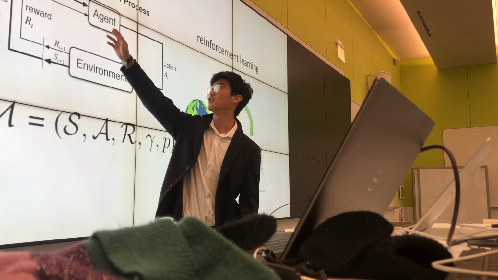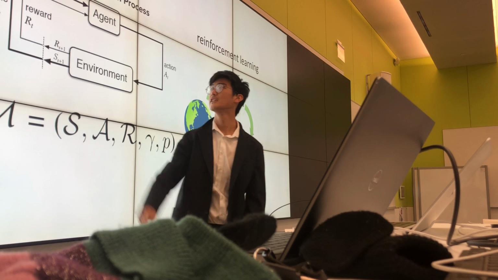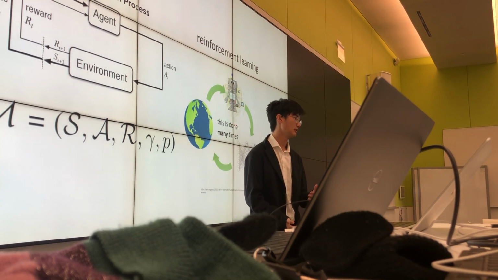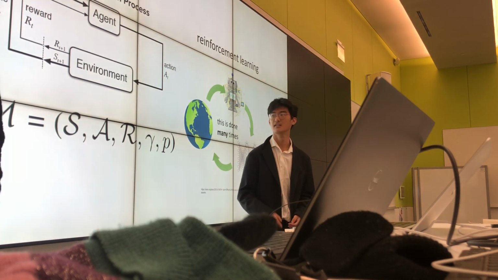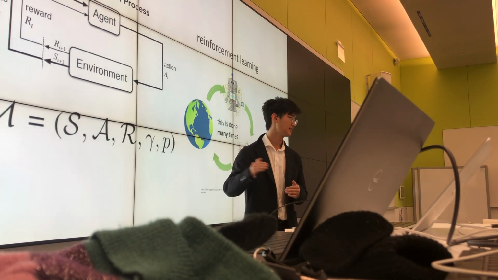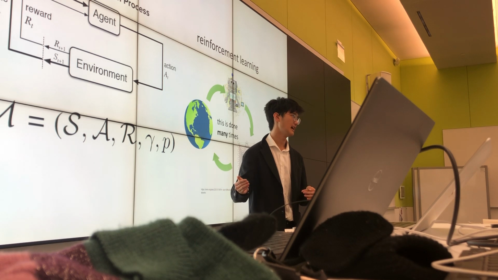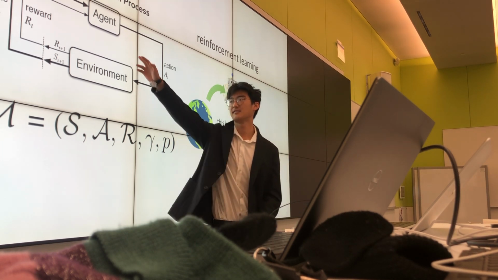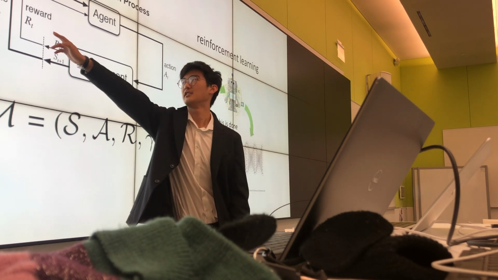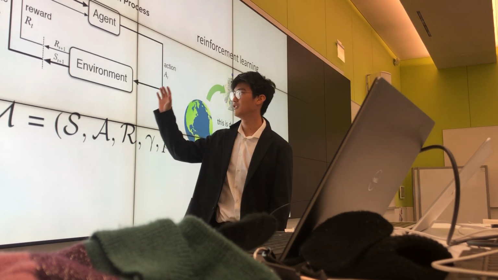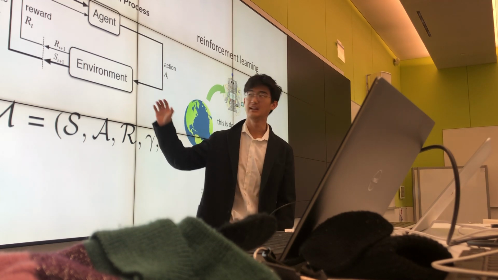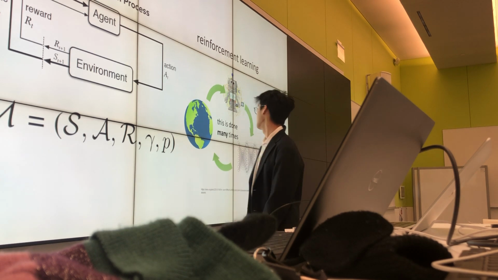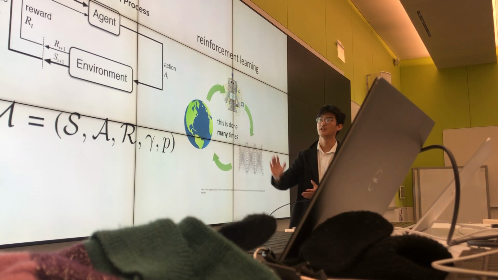And then the agent will go and take an action given that state. The goal for the agent is to try to maximize the total amount of reward that it gets. So the sum of all the reward into the future, discounted by the time step, so that if we have an infinite horizon, the sum doesn't explode to infinity. What this agent is effectively going to try to do is get as much of this reward as possible. The way that we specify what to do for the agent is through this reward, and the environment is how it interacts with the world. And this is the typical RL setup.